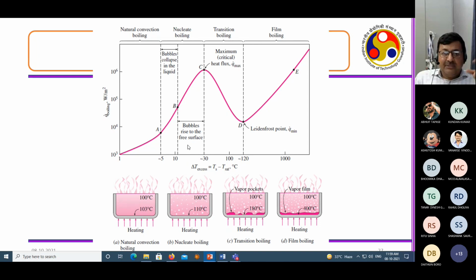And then, as you keep heating, what will happen? You will find the bubbles rise to the free surface and then eject from there. Now, if you look at the rate of heat transfer, you may see that it is still increasing while these bubbles are forming and ejecting out of the fluid. Then what happens? There will be a gas blanket that will start forming. These bubbles will nucleate and start forming a blanket. In that situation, you may find that the rate of heat transfer will reduce. Why? Because now the gas blanket has formed.